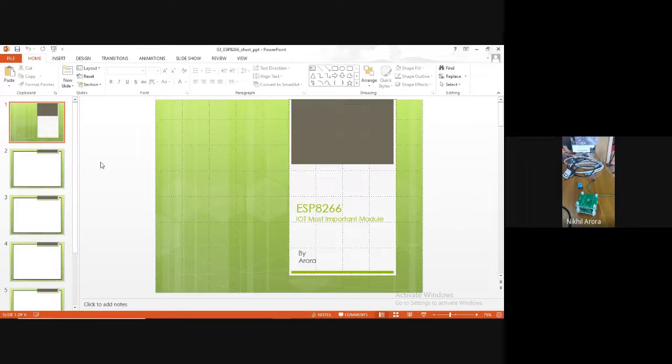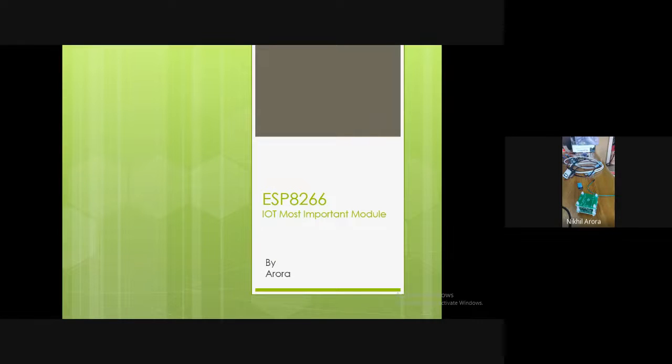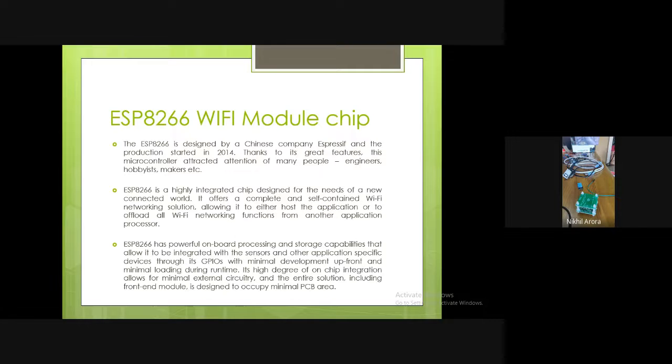So let us understand a little bit more about this ESP8266 chip. This is the most commonly used internet module. Apart from this, a few more chips are there, like MSP430. MSP430 doesn't have internet, but Texas Instruments has one chip called CC3200 that has Wi-Fi. Raspberry Pi has Wi-Fi. So like that, many chips have a Wi-Fi module, but the most famous, cheap, low cost and easily available is ESP8266. It is a Chinese company, Espressif, which has made this chip.